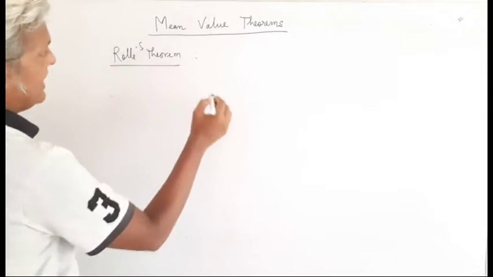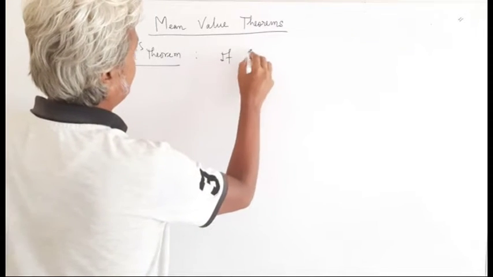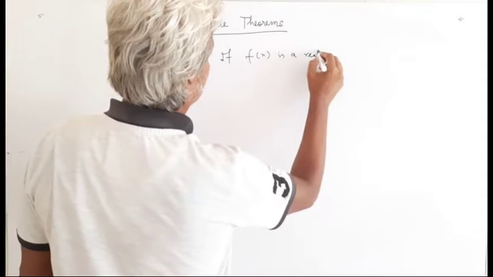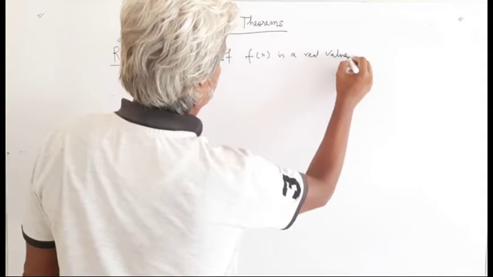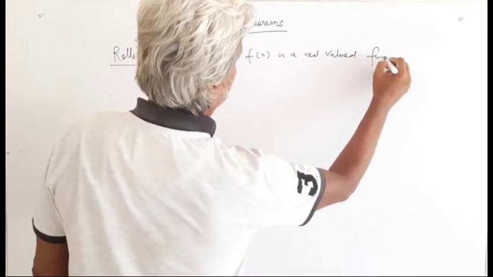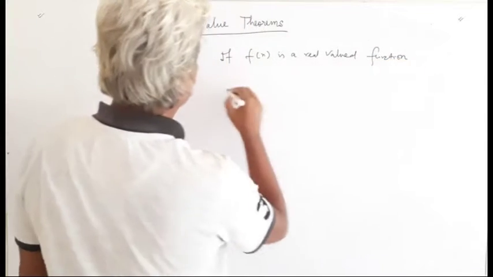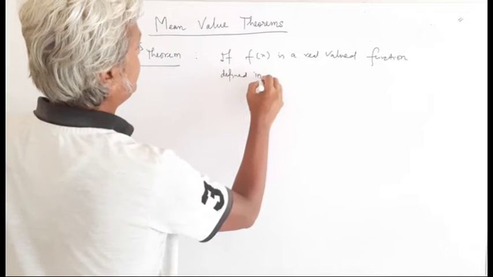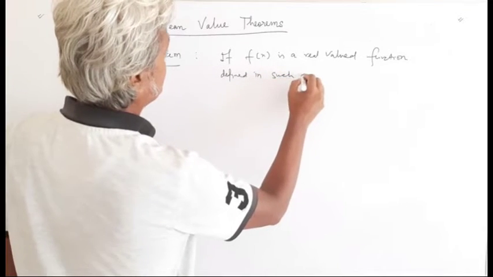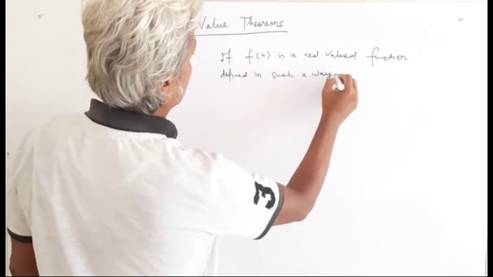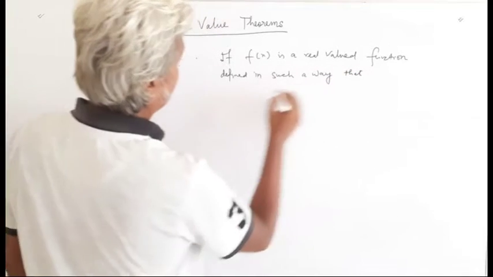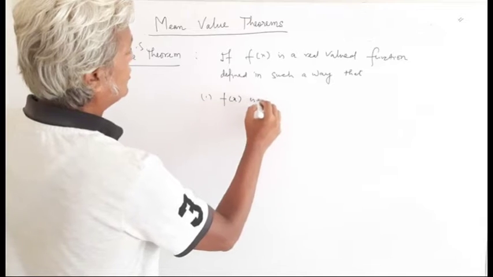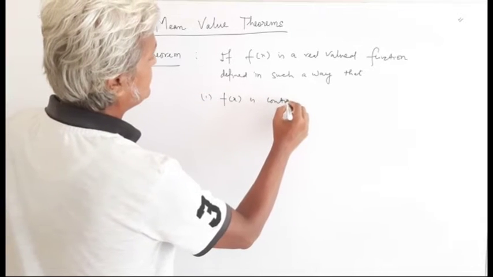Rolle's theorem says that if f(x) is a real valued function, defined in such a way that number one, f(x) is continuous